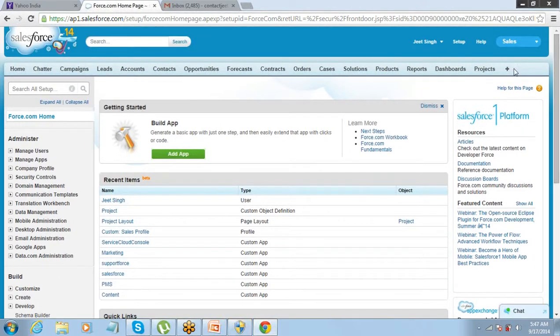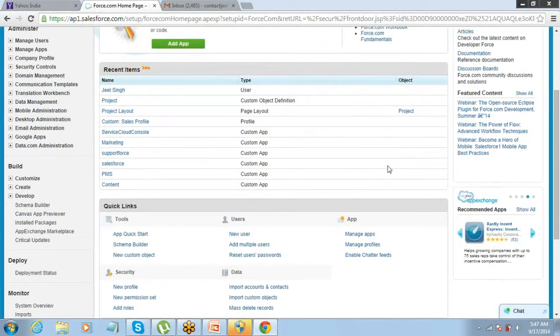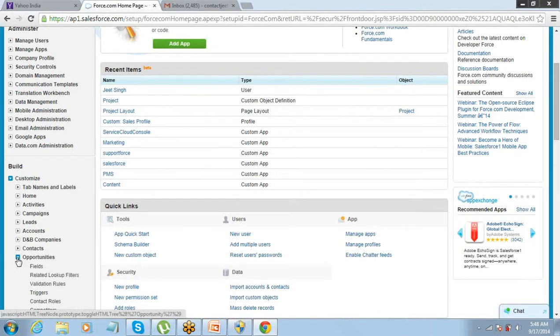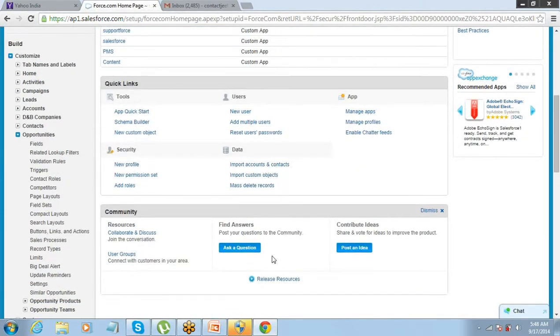Okay, so let me just show you an example of page layout assignment for, let me take opportunities. So you go to setup, customize, and then go to opportunities, and then you click on the page layout. Here it is.